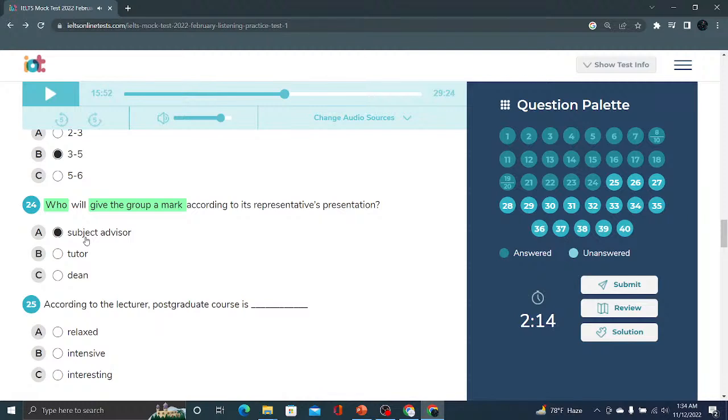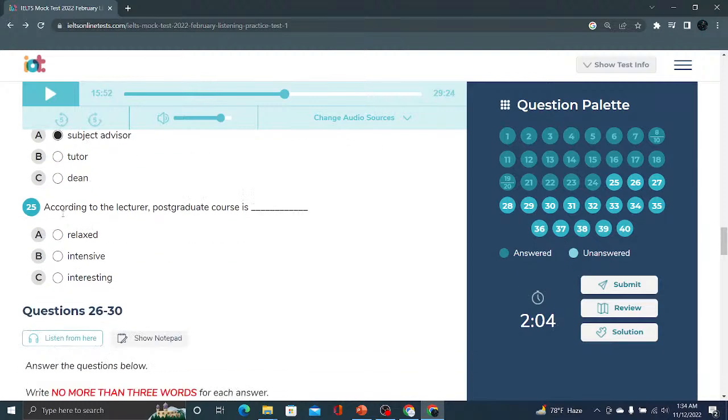Okay, I hope you got the answer, because it was really easy to understand. He was saying that your subject advisor will give you a mark. Okay, so that's why the answer would be option A. Let's move on to the question number